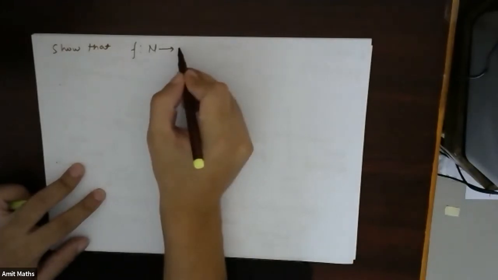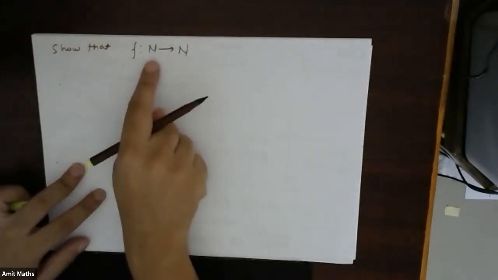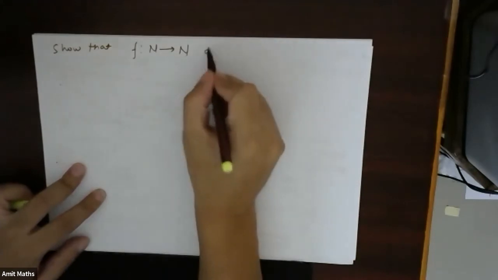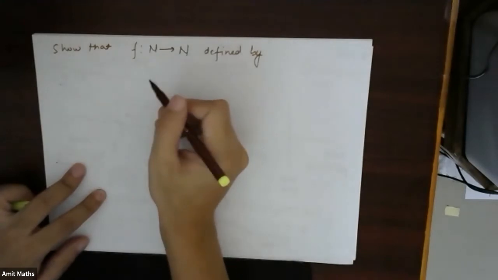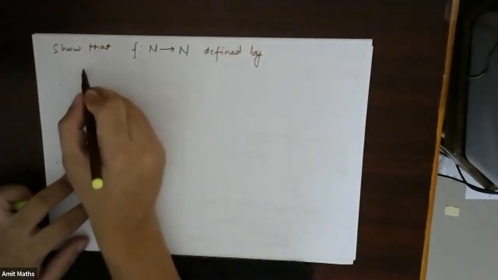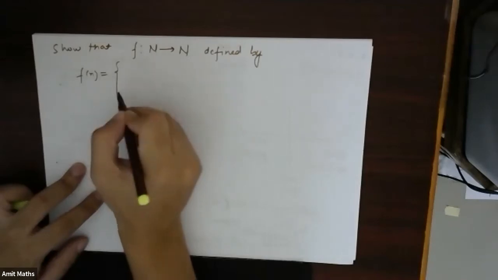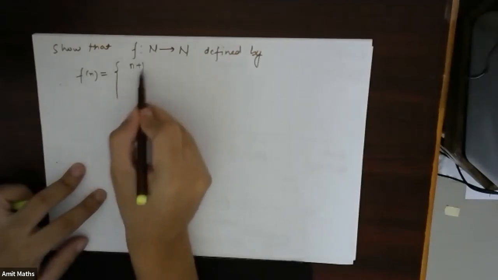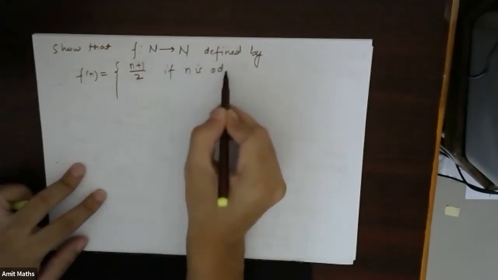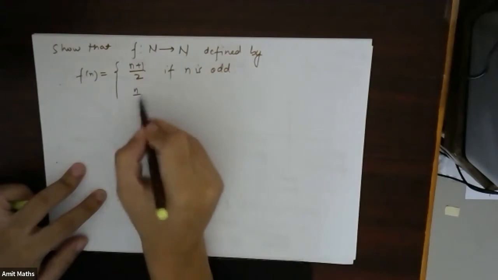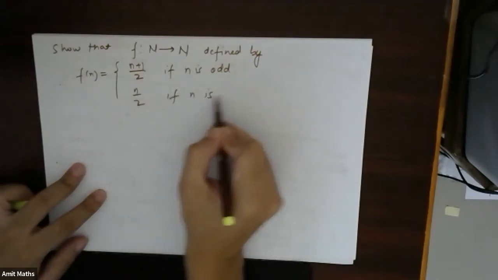Show that the function from natural numbers to natural numbers defined by f of n equals (n plus 1) by 2 if n is odd, and n by 2 if n is even,